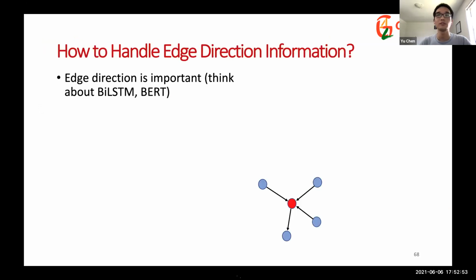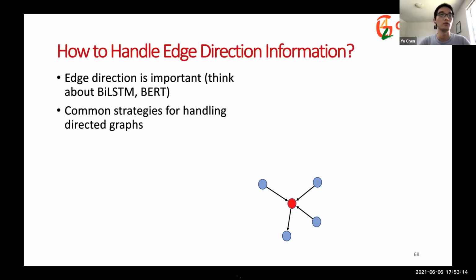So we know that edge direction is also very important. Let's think about the success of BiLSTM and the BERT models. Given a directed graph, we might not be able to directly apply some homogeneous GNNs, which will lead to edge direction information loss. So common strategies for handling directed graphs include